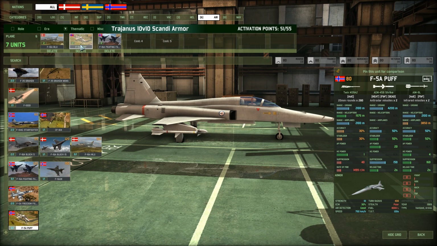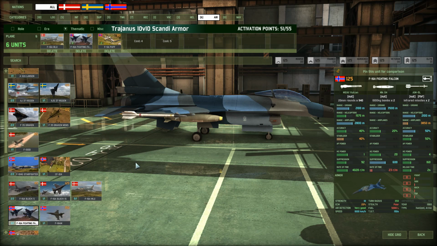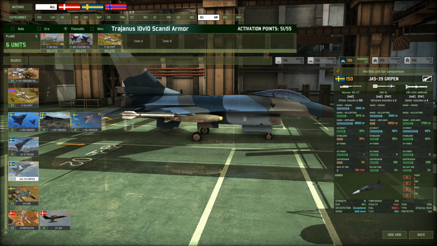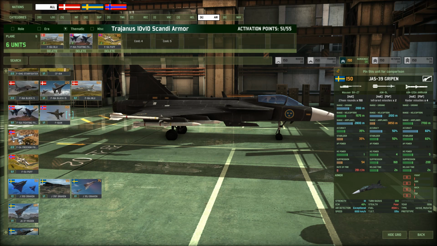Puff as a seed aircraft, and you get 3 of these at rookie, although I think 2 at hardened is better. Fighting Falcons, 2 of these with the 1000 kilogram bombs. And that leaves me with 1 more unit that I can pick. I'm not particularly fond of the JAS-39 Gripen, but it is really the only higher priced fighter that we can get. Short of the F-16...